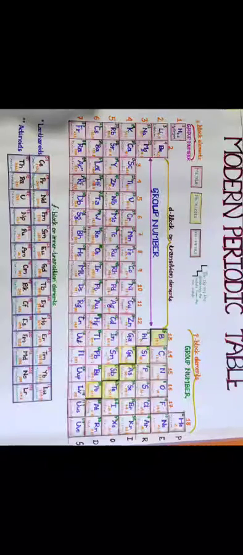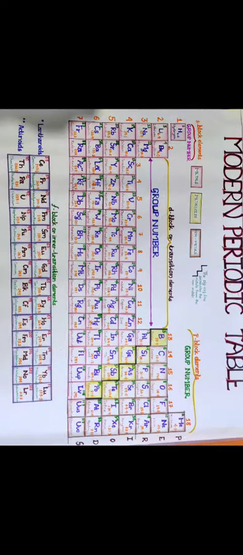In this video of Art Integrated Project, I am going to explain my chosen topic, that is the modern periodic table. This was made by Henry Moseley in 1913. The law of the modern periodic table states that the properties of elements are a periodic function of their atomic masses. Here, the elements were arranged in order of increasing atomic numbers.